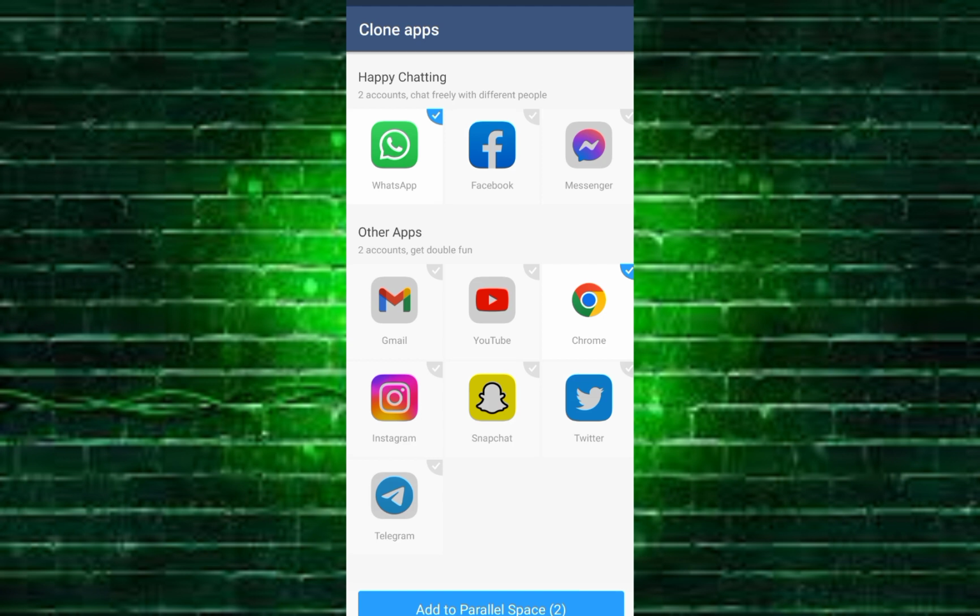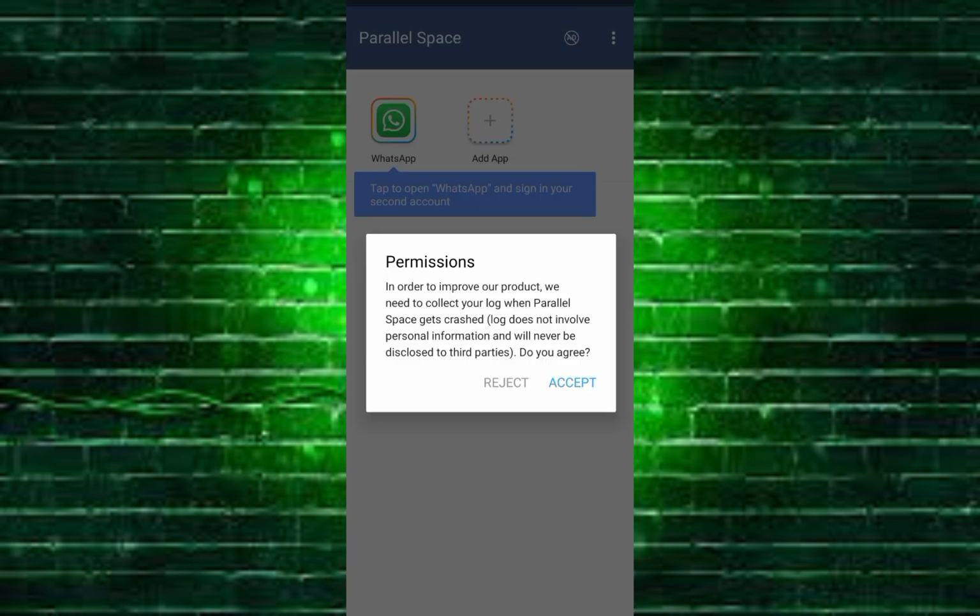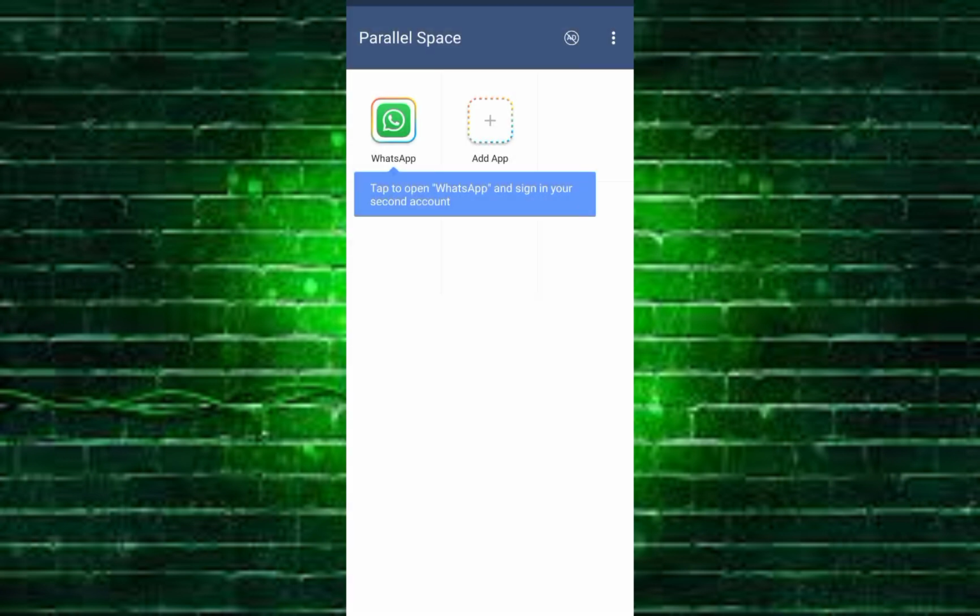Here you find many applications. Select that application which you want to clone or which you want to use two times. So I use WhatsApp and tap on add to Parallel Space and accept permissions. And then I click on install it,